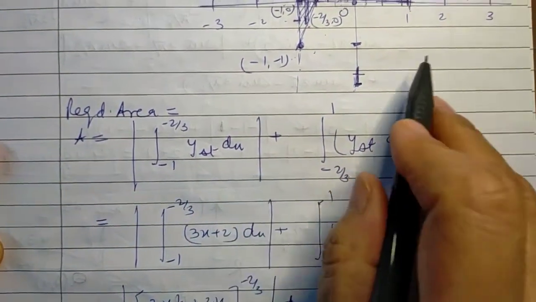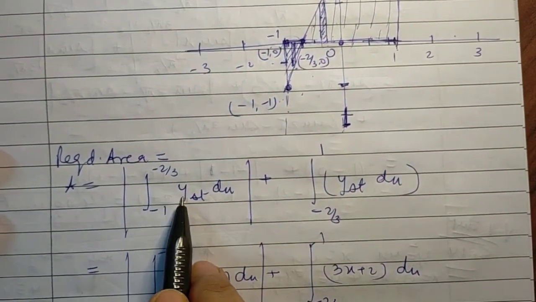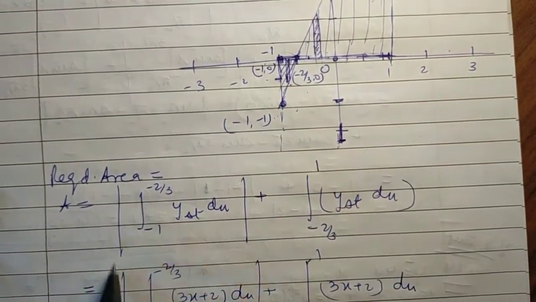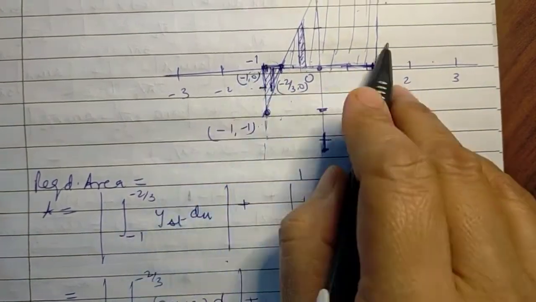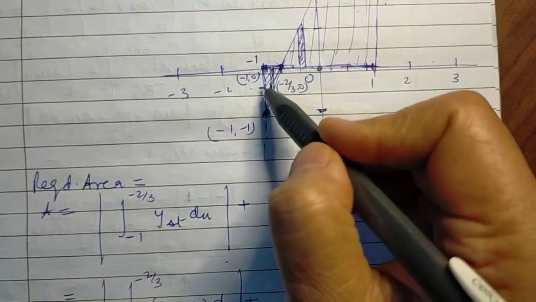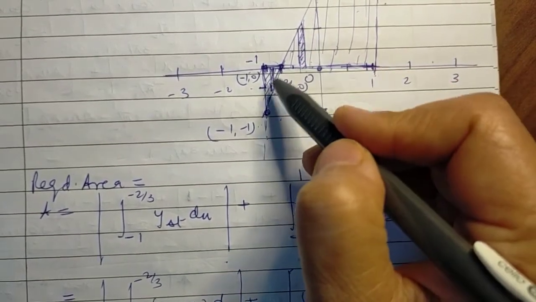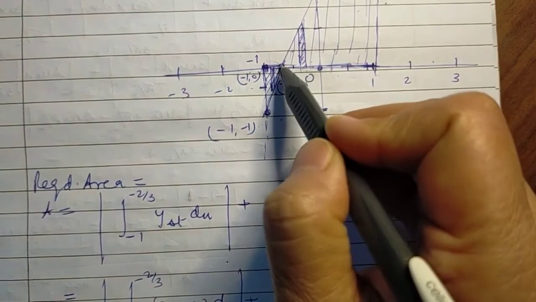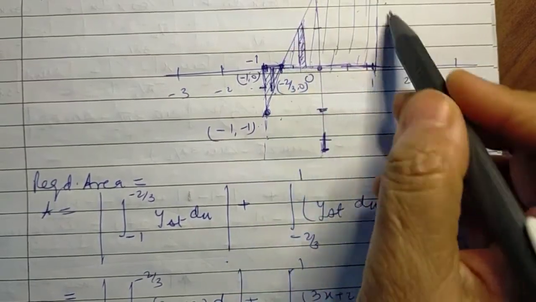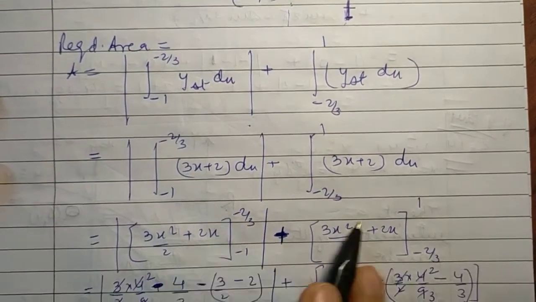The only difference why we are splitting it is that in the third quadrant, in this interval from -1 to -2/3, since y is negative, we have to be careful that we take the modulus. We can't take it at one go, straight away from -1 to +1 and then the modulus. Then one portion is negative, one is positive, and it will get subtracted rather than getting added. So we have to split it into two areas, one area in which y is negative, one area in which it is positive. We simply take the modulus of this area, and when we solve it,